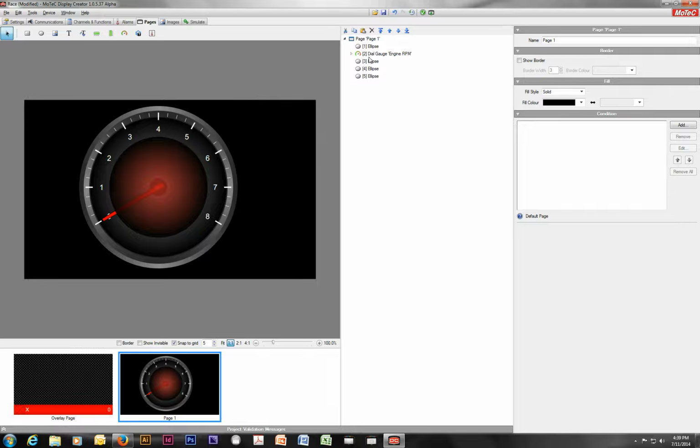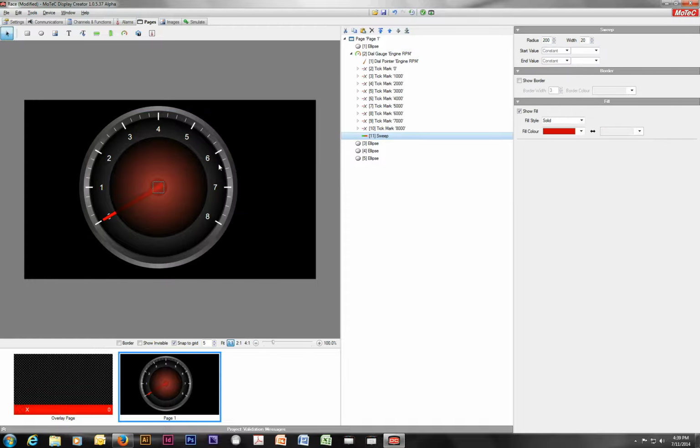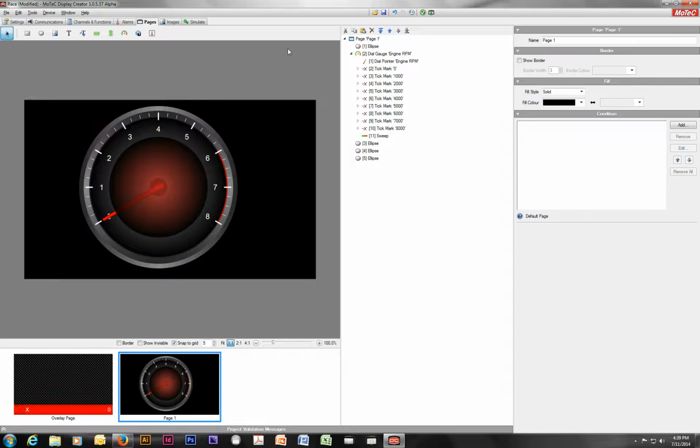Okay, so I've got all of that. What do I want to do to it now? Click on my dial, right click, insert a sweep. I want a red line that runs from say 6,000 to 8,000. Now I want it to be over this little rim here, which is part of that circle, which I know is 380. So its radius is 190, and I made the border on that 3, so that'll sit on there nicely. Now I also want to change the size of the font,